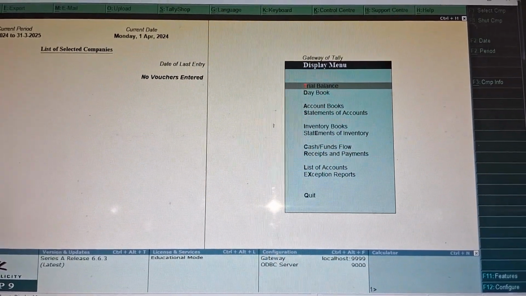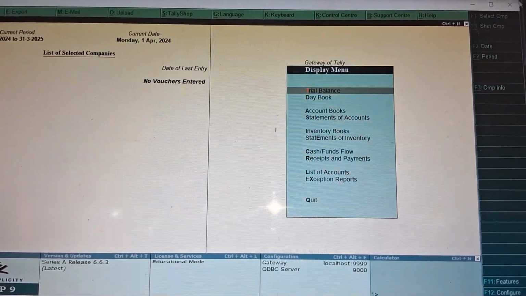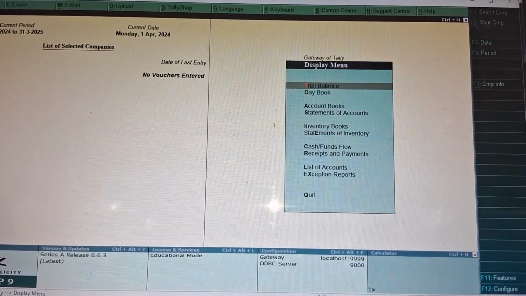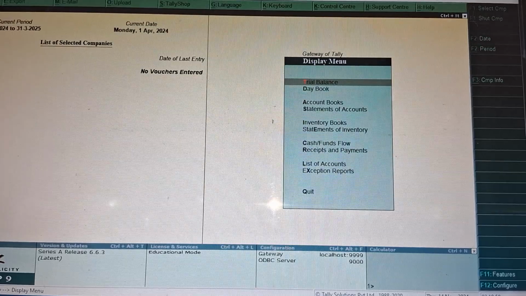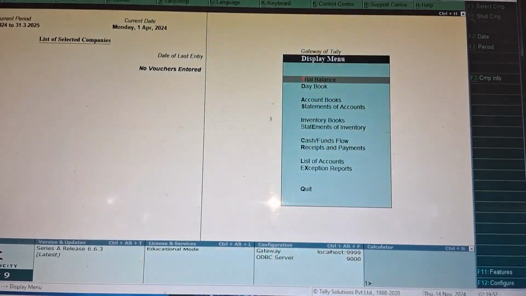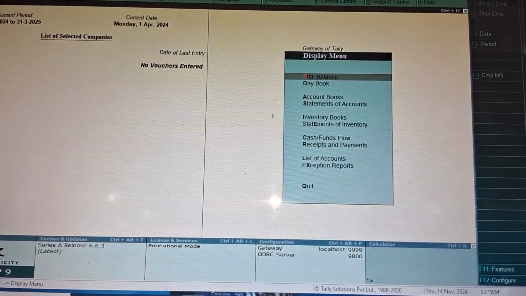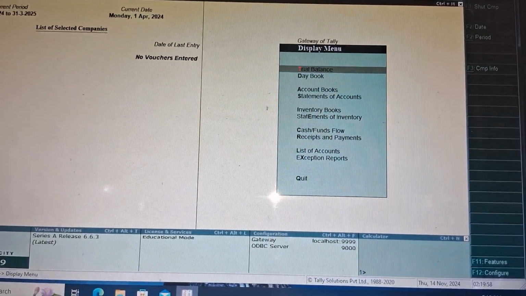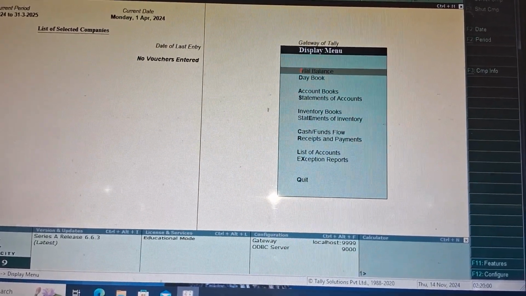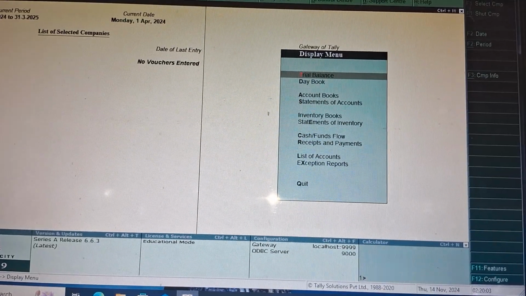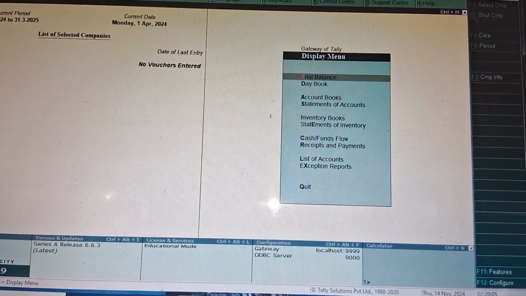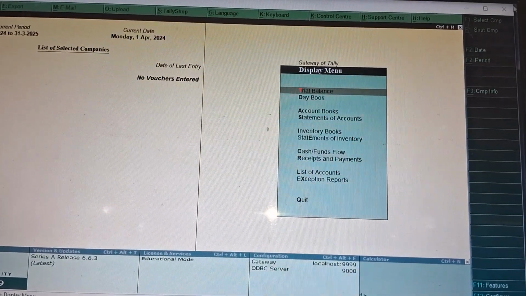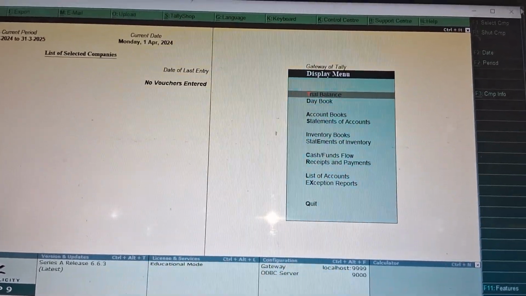A trial balance is a bookkeeping tool that lists all the balances in a company's general ledger accounts at a particular time. What does it do? It takes the company's balances in group ledgers and general ledger accounts at a particular time. It's a financial report that helps to ensure the accuracy of a company's bookkeeping system.